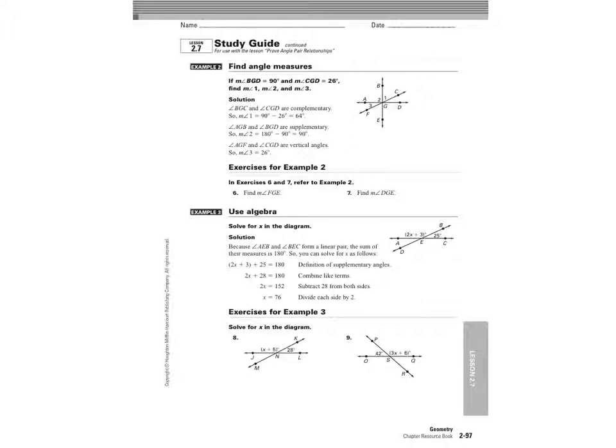So 2-7, more examples of geometry proofs. You will have a question like exercise, for example 3, where you have to find the value of x. You'll have a question like that. You're not going to have to explain your steps, but just find what x is. And either apply their vertical angles or